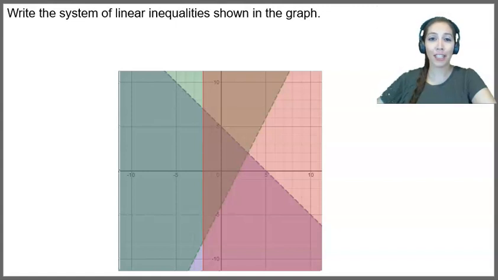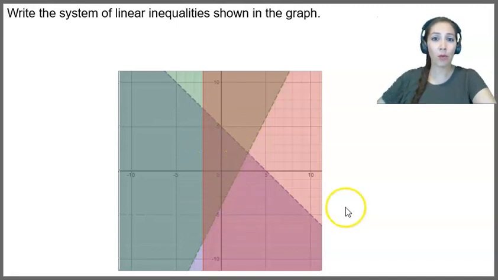Write the system of linear inequalities shown in the graph. So when I look at this graph, I have a solid red line right here that looks like it's being shaded to the right. I have a dashed blue line right here that looks like it's being shaded down. And I have a dashed green line that looks like it's being shaded up. So I have three different graphs going on, and I can see that they all three share the center triangle